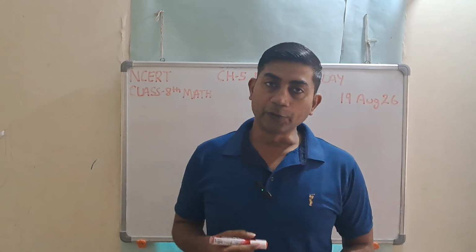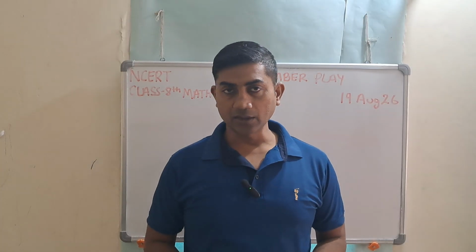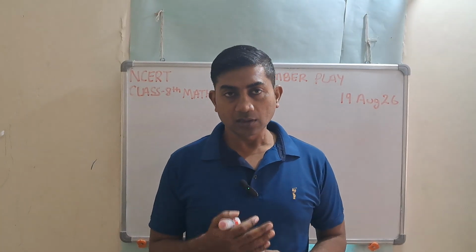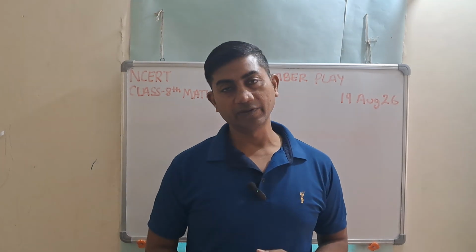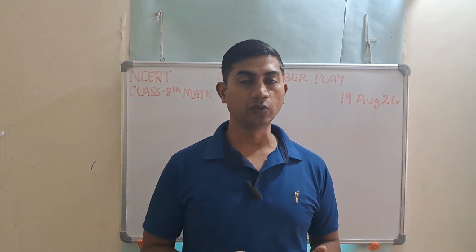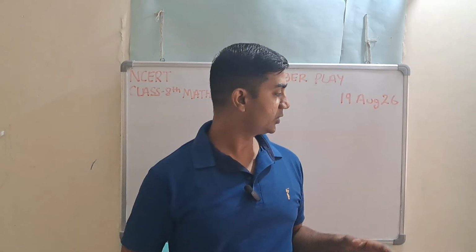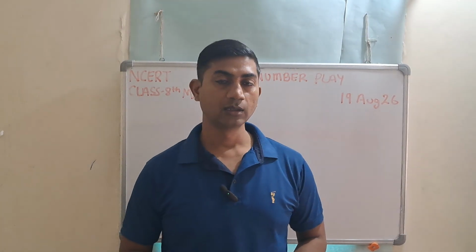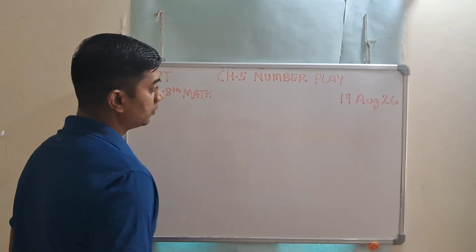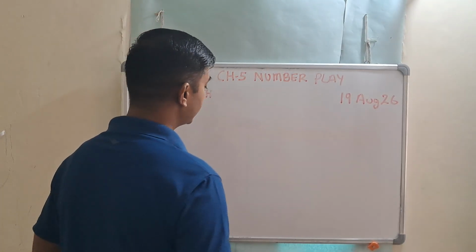We will discuss a few things which are given in your chapter. Then we will see what conclusion comes of our discussion, and that conclusion will be a divisibility rule of a particular number which we have discussed here. So the first thing they have said in our book is